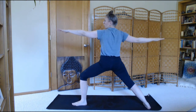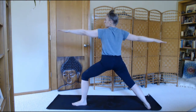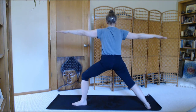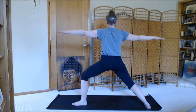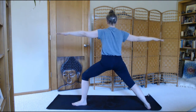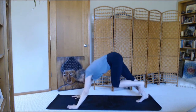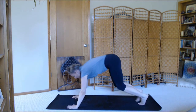Left toes facing the front of your mat. Right foot spinning flat on the floor. You can gaze over your left fingertips, or if it's more comfortable on your neck, you can just face forward over the side of your mat. Inhale, reverse warrior. And exhale, cartwheel your hands to the mat, back to downward dog. Inhale, step to the top, fold,